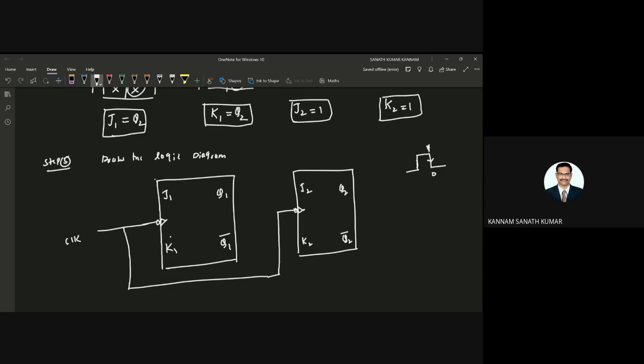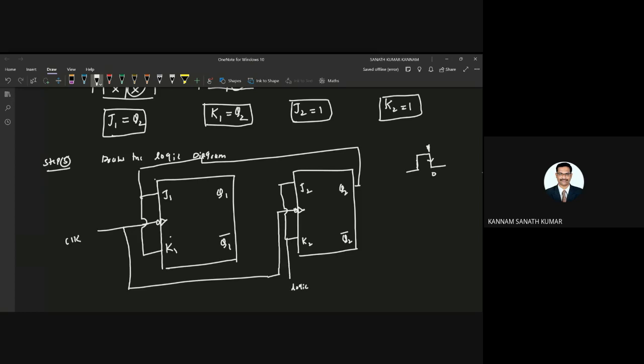Okay, now what is J1 K1? J1 K1 is equal to Q2. J1 and K1 are connected together, and it is given to Q1. Okay, and what is J2 K2? J2 K2 are given to logic 1.